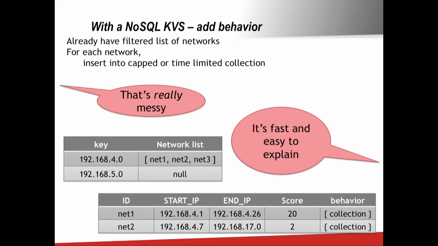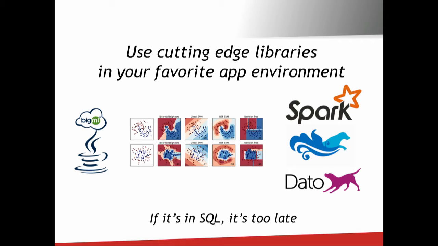The other benefit of moving to a NoSQL system is the ability to use libraries. There's a lot of great Java libraries out there, and the data scientists that you work with are going to be innovating. They're going to be thinking of great new algorithms that are best expressed in procedural languages with those style of interfaces. We've done some work with Dato. They used to be called, I want to say, GraphLab out of Carnegie Mellon, another NEA company like us, funded by the same VCs.